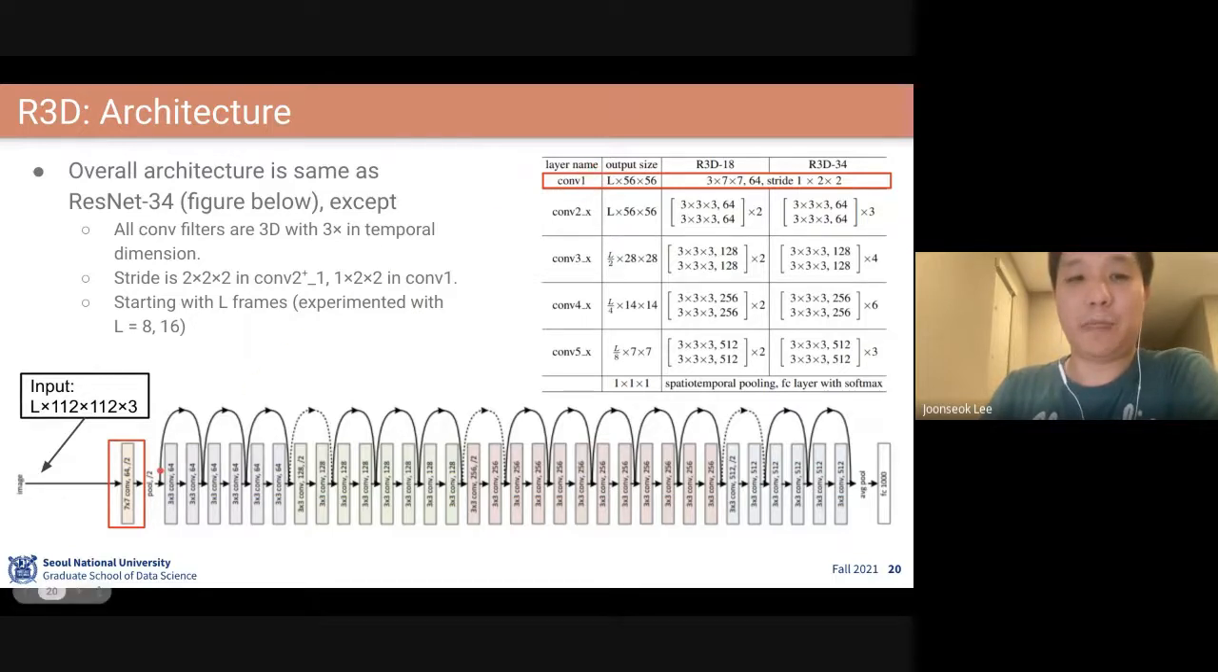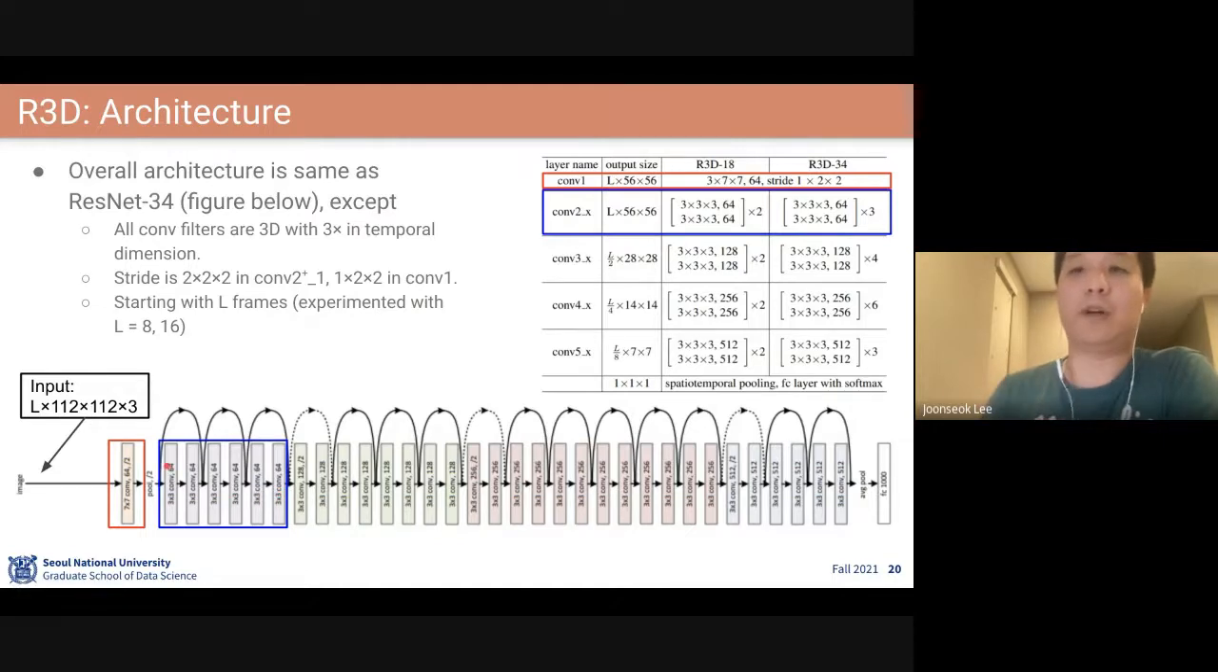And after that, they applied 3 in a row convolutional residual blocks. Here, in the lighter version, they have 2 of them. In the bigger version, they have 3. So like this, they have 3 layers of this. And here, all the filters were 3x3x3. And here, the output size is still the same because they applied